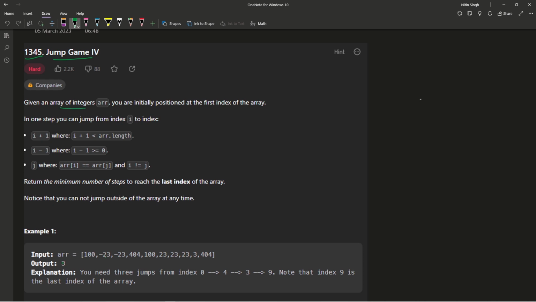Given an array of integers arr, so we are given an array of integer data type. You can see in example 1, you are initially positioned at the first index of the array. So guys, initially we are at index 0 of our array. Fine. Now in the second line it says that in one step you can jump from index i to index